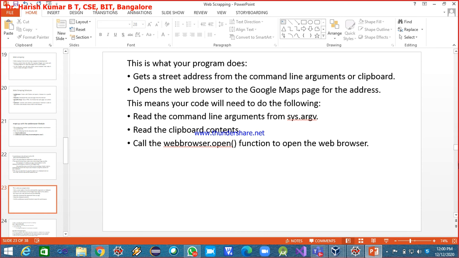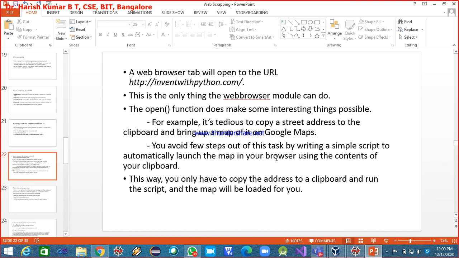Now how to do that, we will see now. This is what our program does. I was saying we have to write a Python script which will reduce this tedious job of opening some address on Google Maps. Why do we say it is a tedious job? First I need to copy the street address, then manually launch the browser.